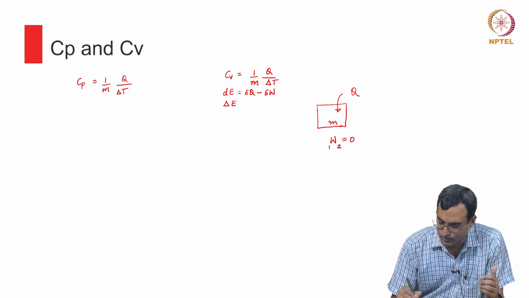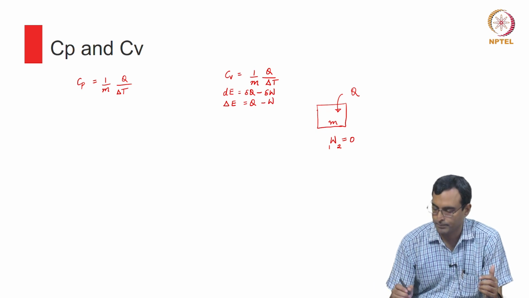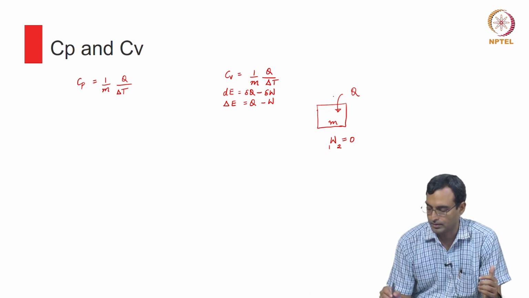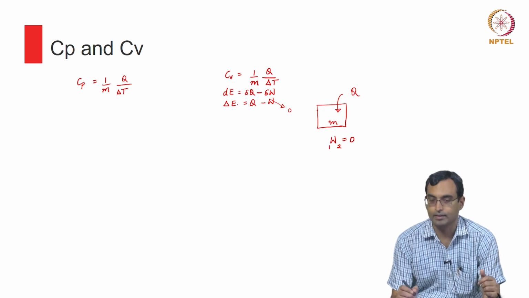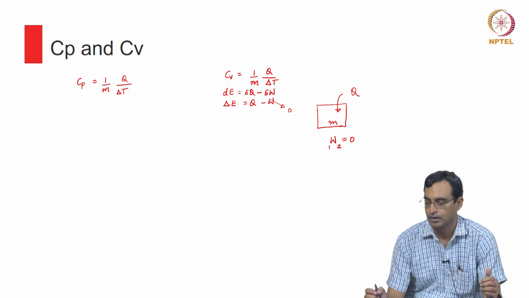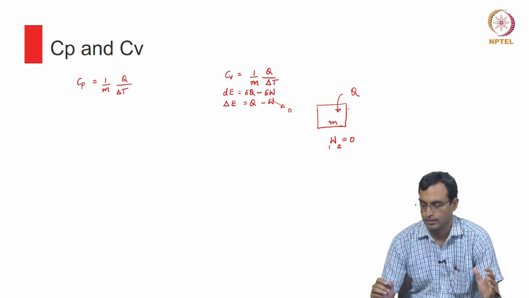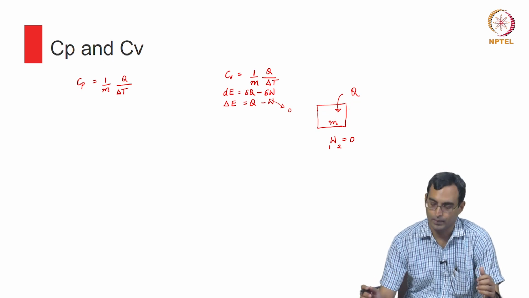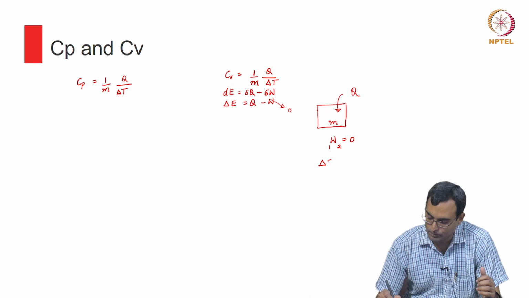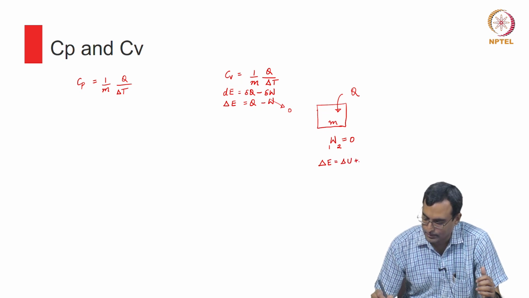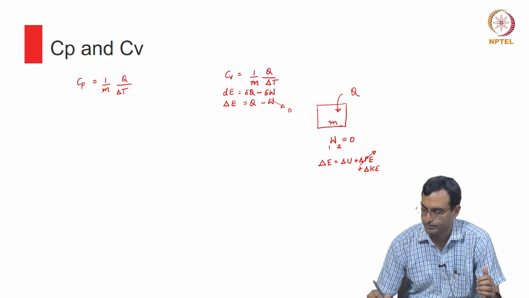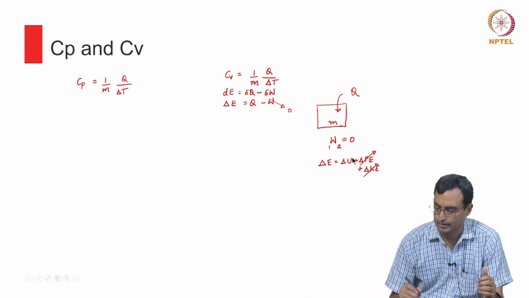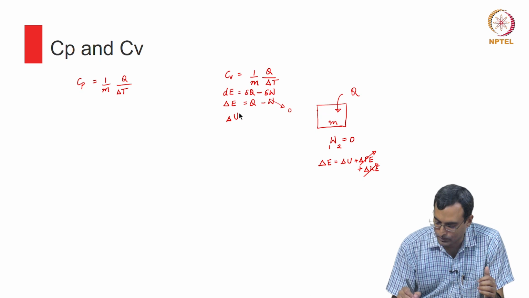In the integrated form it would be of course this, and W is 0 because there is no deformation of this substance and no other forms of work are possible. So what I see is that the change in energy is Q. Now this system is rigid and stationary, so it is not moving anywhere. In our general form we write that energy is the summation of internal energy, potential energy and kinetic energy. If this box is stationary, this is 0, this is also 0. So we are left with delta E equal to delta U, which gives me delta U is Q,